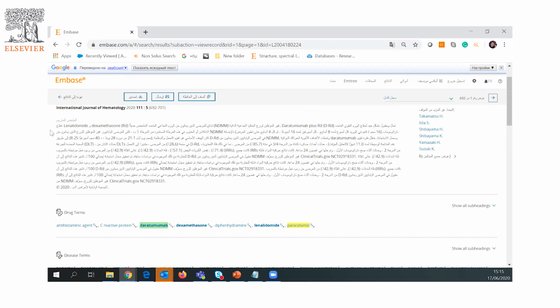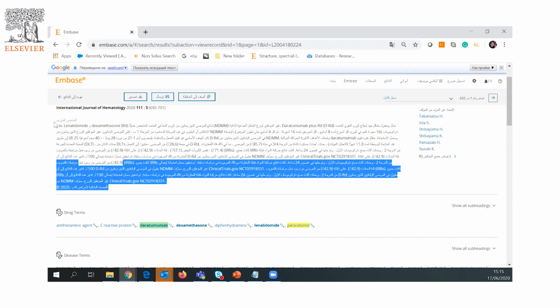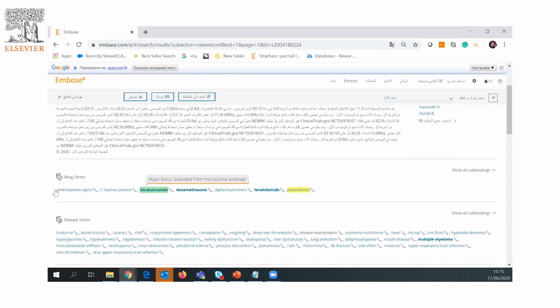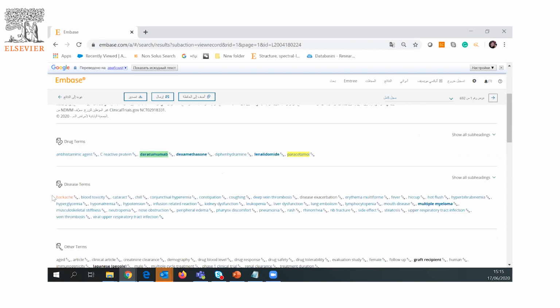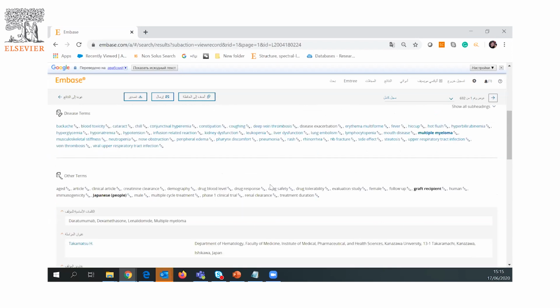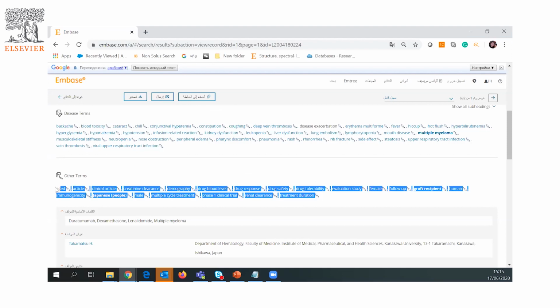You see not only abstracts but also drug terms. Here are all the drugs that were extracted, information about these drugs was extracted from this article, and you can also see all diseases that exist in this document, and other terms. And all this information was